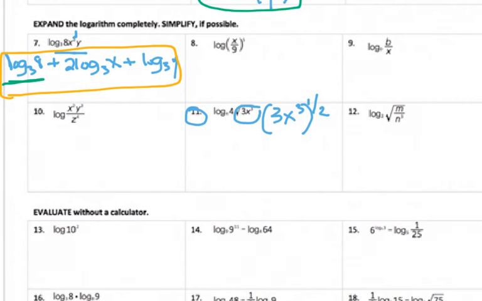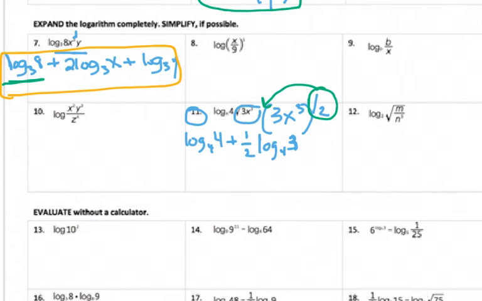So as we expand it, log base 4 of 4 plus, now this power is going to come down in the front. So it's going to be 1/2 times the log base 4 of 3 plus,